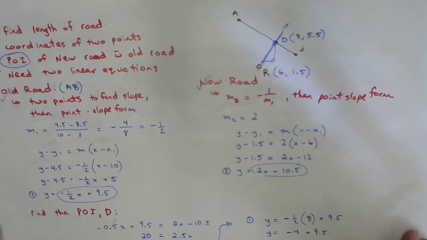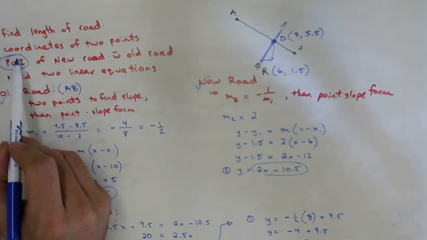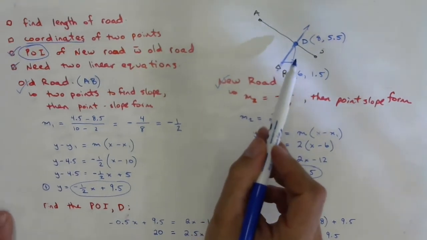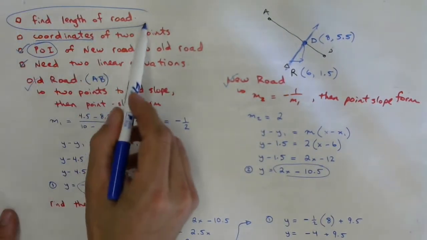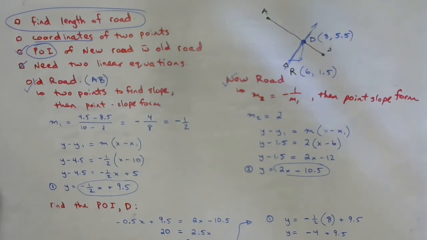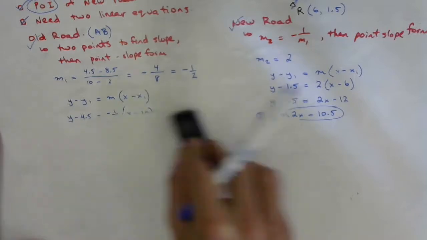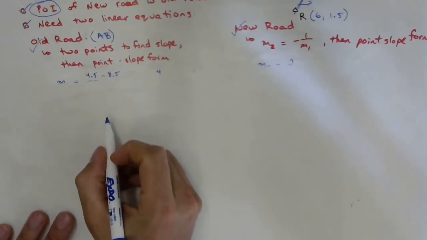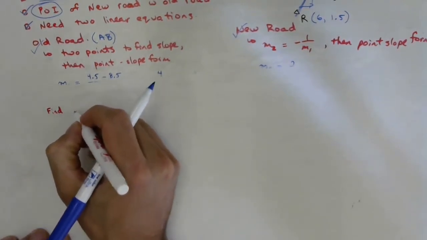All right, we found a point of intersection, which means we have the coordinates of 2 points on our new road. We have the site of the cabin and we have the point of intersection. So can we use our length formula? Yes. We sure can. Give me a second to clear the board here. Last step. Find our length and maybe make a little note. Find length